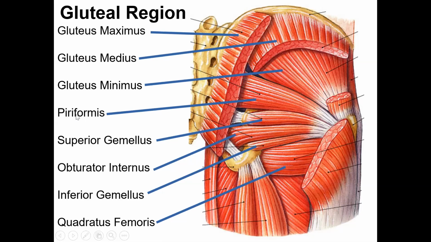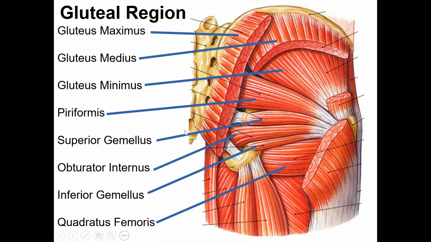Deep to those gluteal muscles, we have a series of other muscles. These are involved in lateral rotation. So think about actions such as opening up the thighs, and they're going to be antagonistic to the adductor compartment. Remember, the adductor muscles are closing the thighs or bringing the legs together. These muscles that I'm going to speak about here are involved in lateral rotation or abduction or opening up the